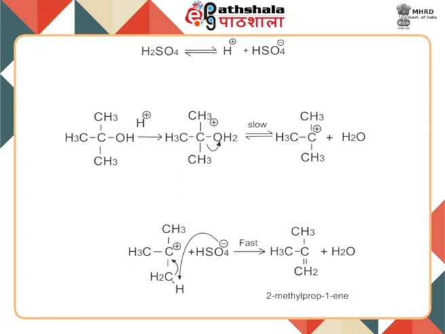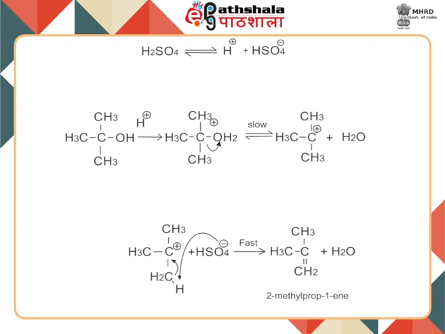Similarly, tertiary butanol will undergo a similar E1 mechanism, but that will be acid catalyzed dehydration. In this mechanism, you can see here that sulfuric acid is dissociating into H plus and HSO4 minus. So, H plus will attack first, and later on we will see the HSO4 minus will help in the deprotonation. Starting with this tertiary butanol, it is attacked by H plus on the OH, there is a formation of OH2 plus, this water will go out, and this is the slow step.